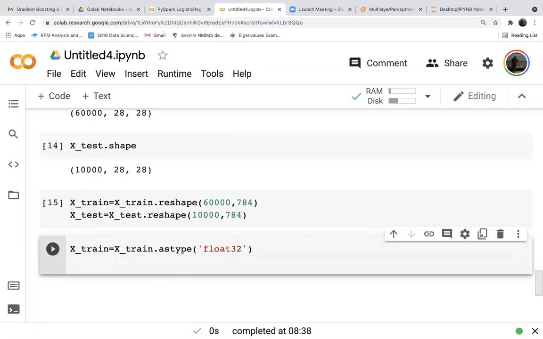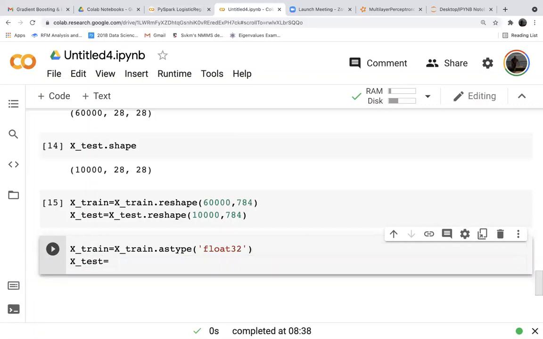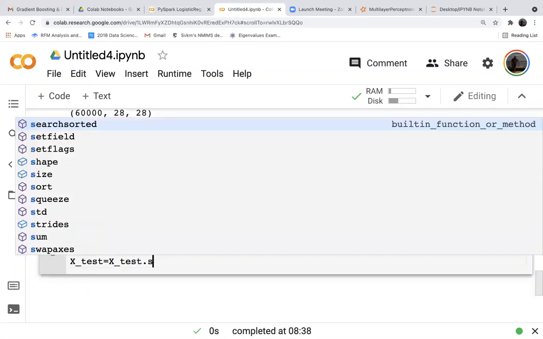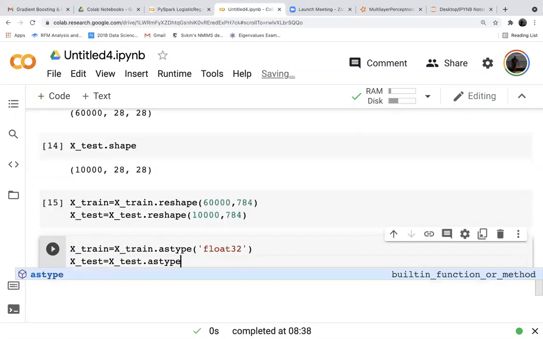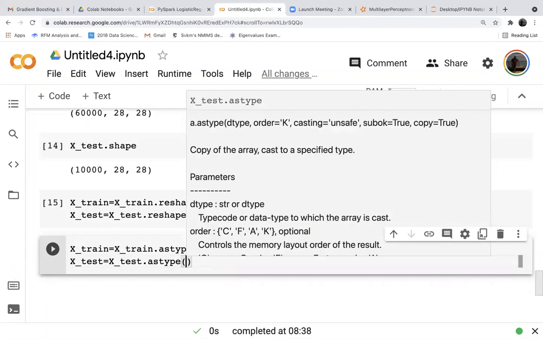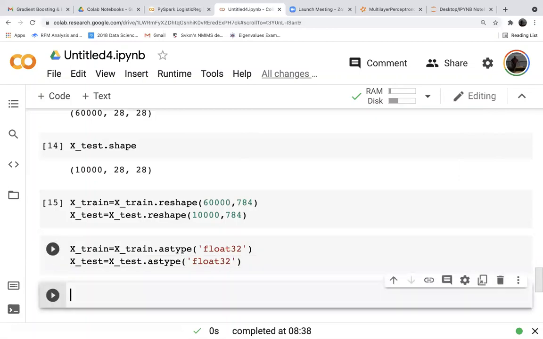So from float64, we are converting it to float32. X_test.astype('float32'). So we are reducing the size of the model again.